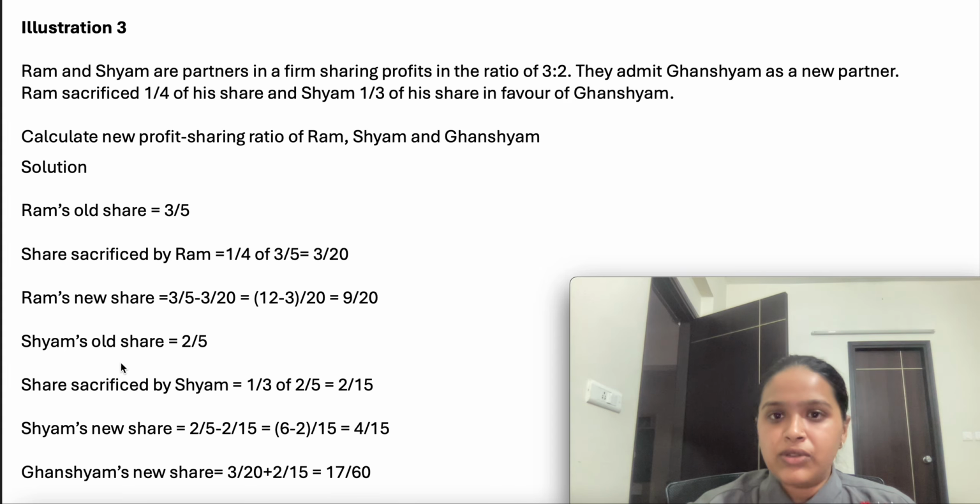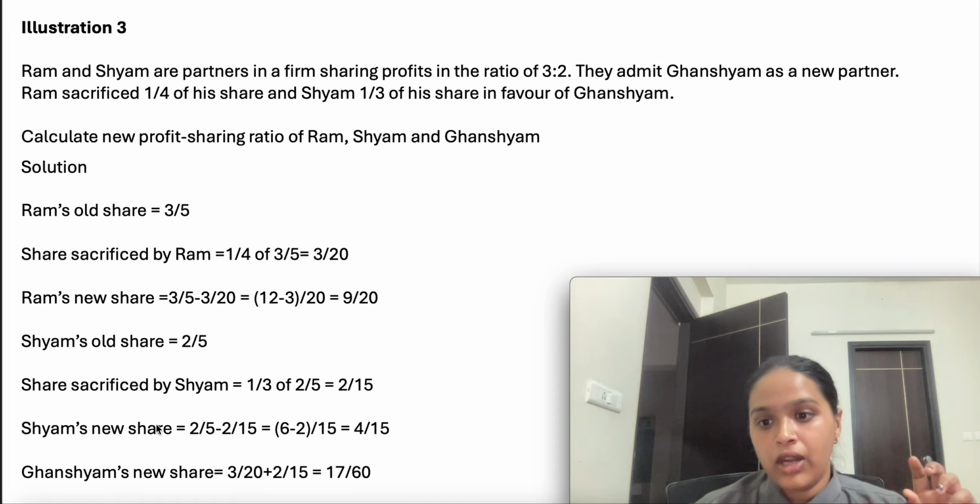And for Ram also we know the existing share, 3/5, and how much we have given to Ghansham out of his share, 3/20. So we have to do 3/5 minus 3/20, and we can have the answer. Similarly for Sham, we take the existing share and reduce how much he has sacrificed to calculate the new ratio. Okay,